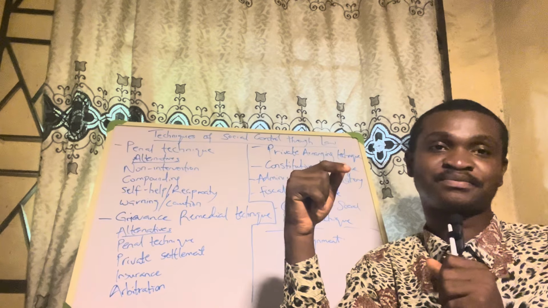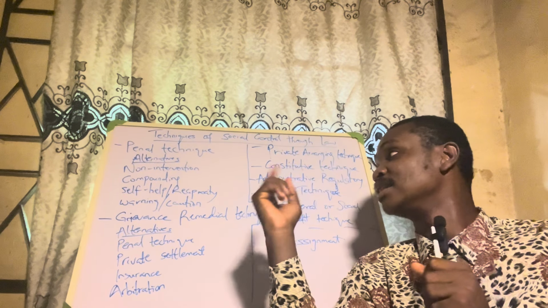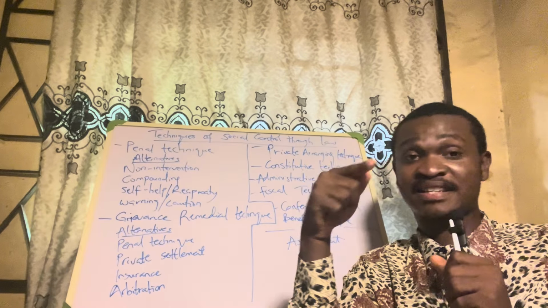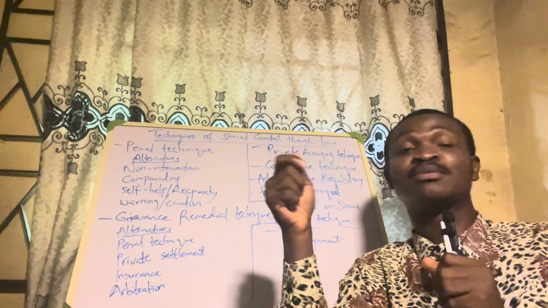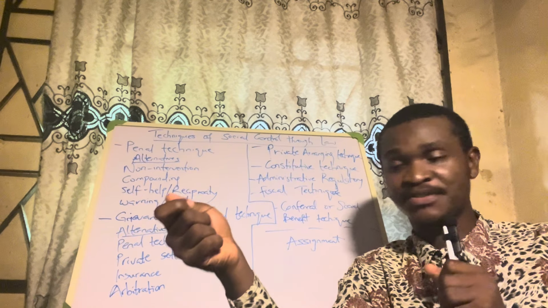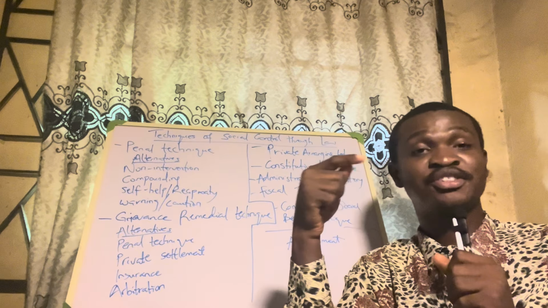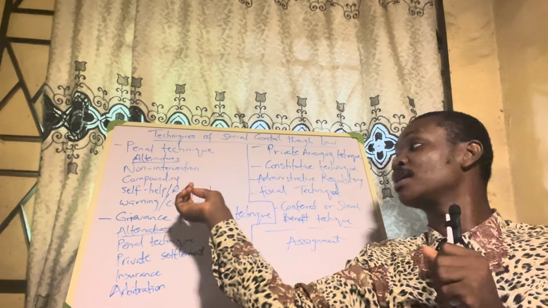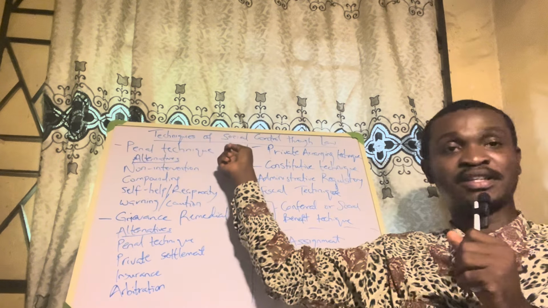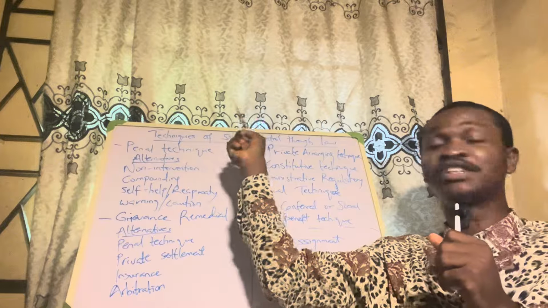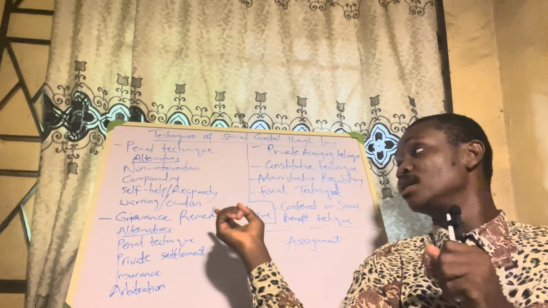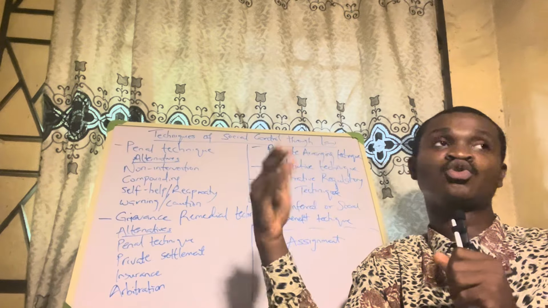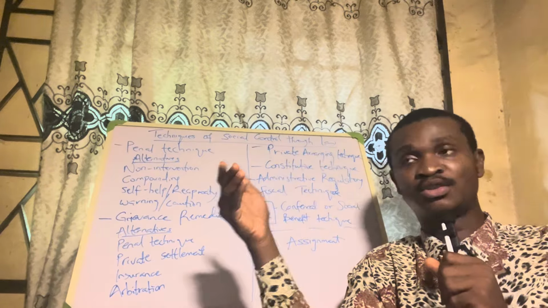Warning and caution. Now, this one can be punishment prescribed by the law. There are some offenses, especially juvenile offenses, where the punishment is warning. But apart from that, if you even talk about it as a punishment, it means you're applying the penal technique, where you have finished proving the case and the punishment is just warning. As an alternative, it's possible that you would not want to go ahead with the court. You just warn the person.